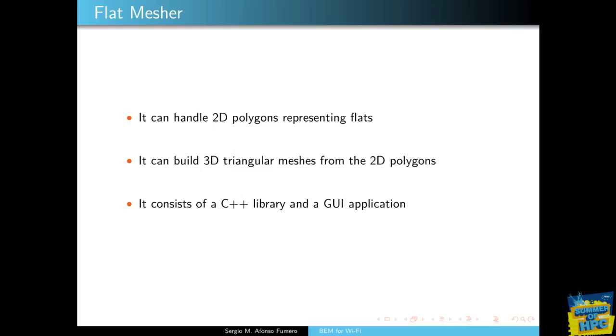The C++ library is composed of a set of classes for the representation and manipulation of basic geometric entities, blueprints of flats, and triangular 3D meshes. It is able to read from a file the input information, including the coordinates of the 2D points in counterclockwise order, the height of the walls, and the size of the triangles in the mesh. From that, it can create a new file in one of the supported formats with the 3D mesh that corresponds